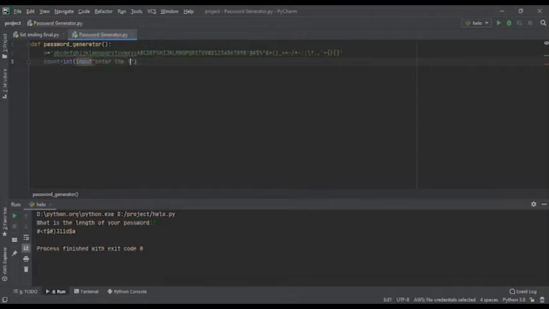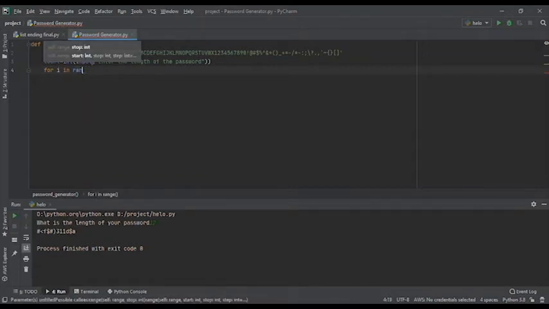Enter the length of the password. I think I left a bracket there, and here. So now we can establish a loop, right? Not range, count,